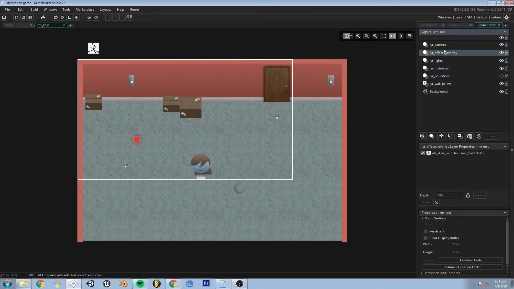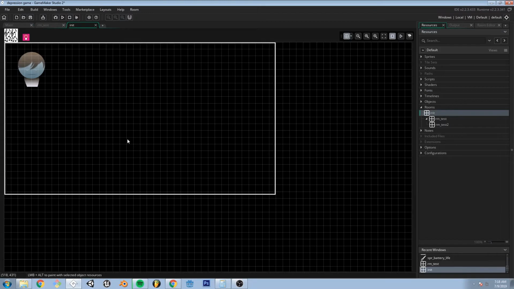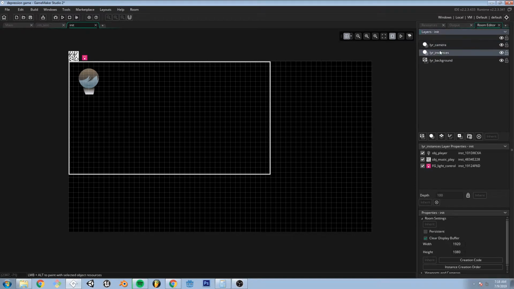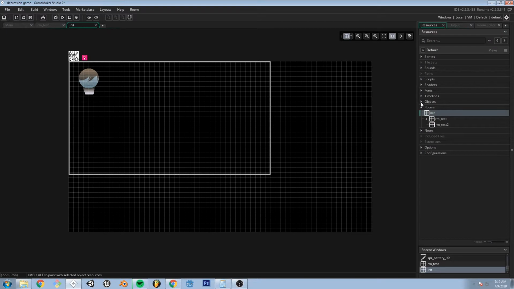Got my little particle layer, camera layer, different lights, and then I've got an init room as well, initiation room, that creates everything. One thing I would highly suggest when you're developing games, especially in Gamemaker, is because typically when